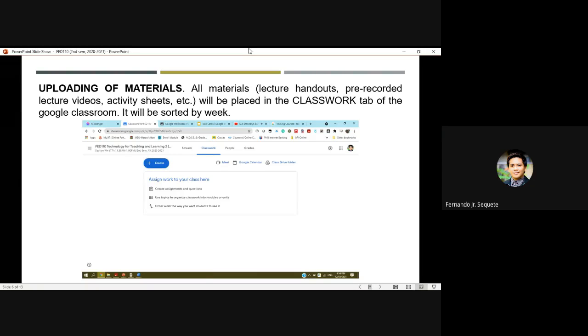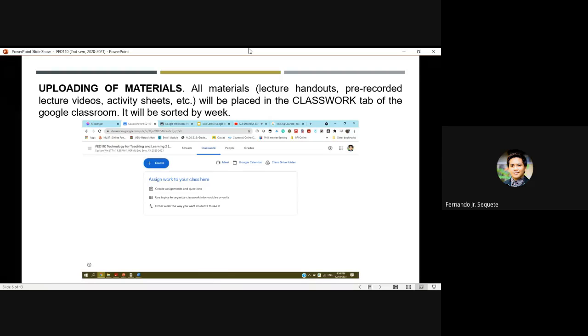The first one is the stream tab. The second one is the classroom tab. And the third one is the people tab, wherein you can see your classmates. You can see who is in your class. You can even look for your crush there. Somewhat like that. And then the fourth tab that you can see on my screen, the grades,